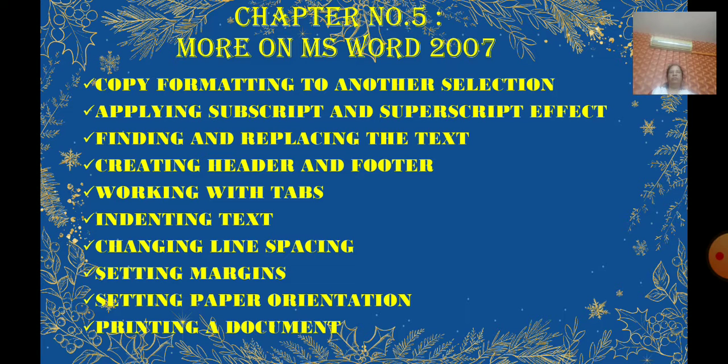Now header and footer. Okay, so header and footer is used to place important information on top and at the bottom of every page, right? So it includes chapter, heading, dates, everything, right? So you can use header and footer.